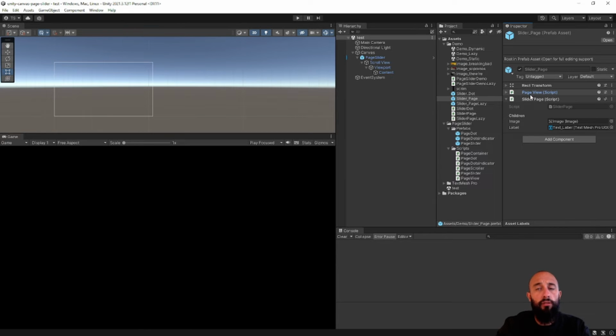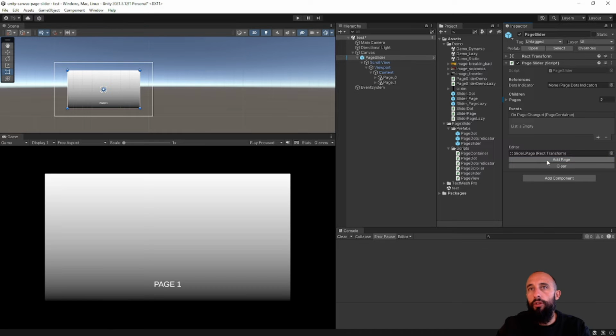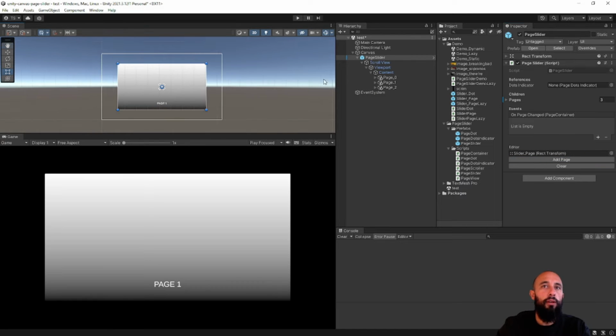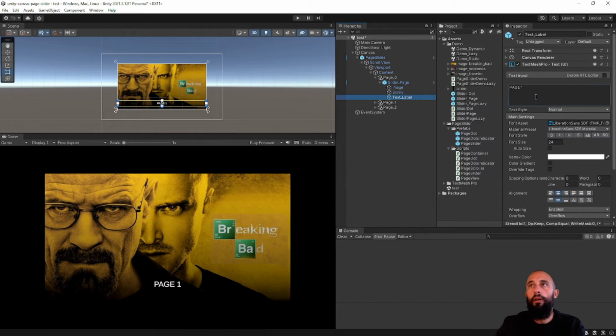All pages in the slider need to have a page view, and then you can add whatever component you want in the page view. So here I'm just using the slider page. I'm going to add the page, so 3 pages again, and now you can just configure this. So for example, I have these images, the Breaking Bad. I could just change